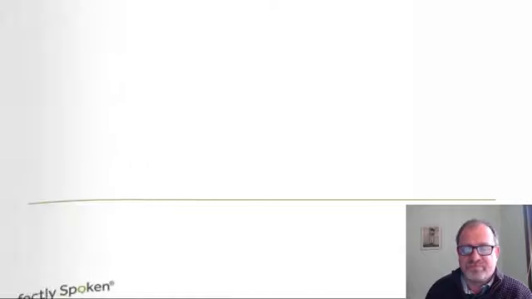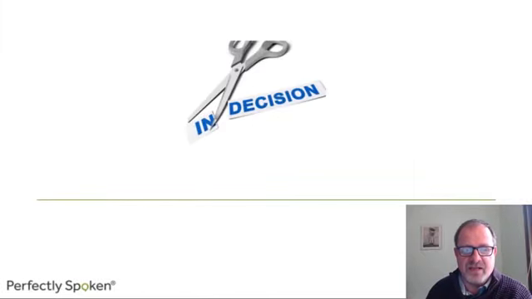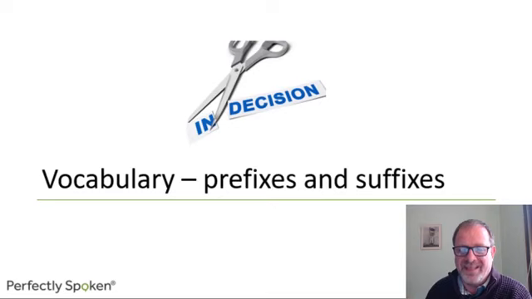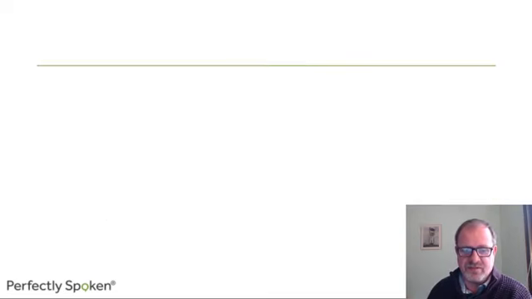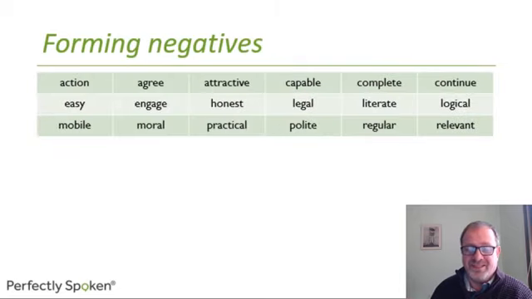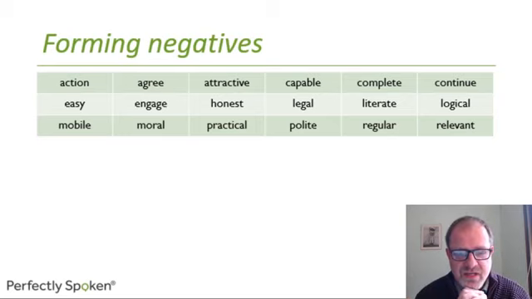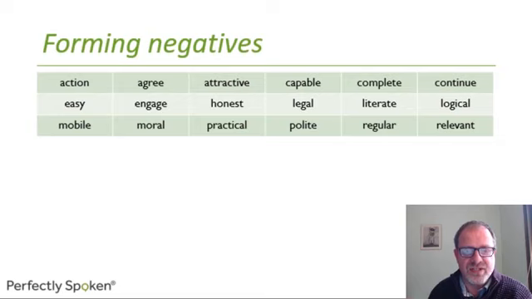Okay, so let's have a look then at, first of all, making negatives with prefixes. Okay, so here we have a table with a number of words, and we want to try to make the negatives of each of these words by adding a prefix. So we've got action, stress on the first syllable, action. Agree, stress on the second syllable, agree. Attractive, three syllables, stress on the second syllable, attractive. Capable,